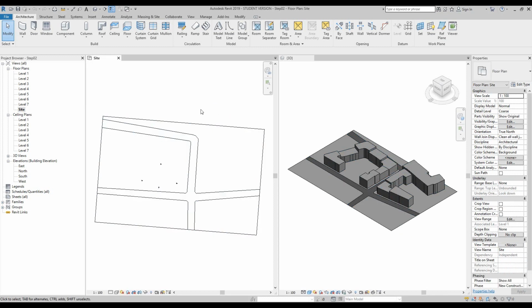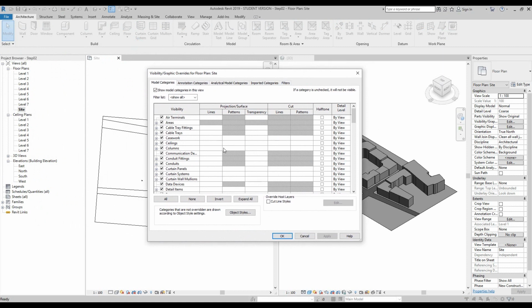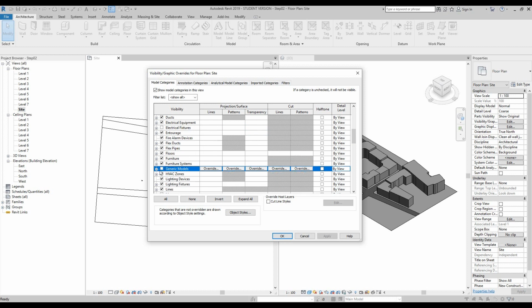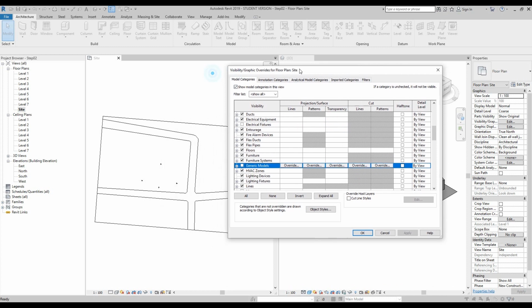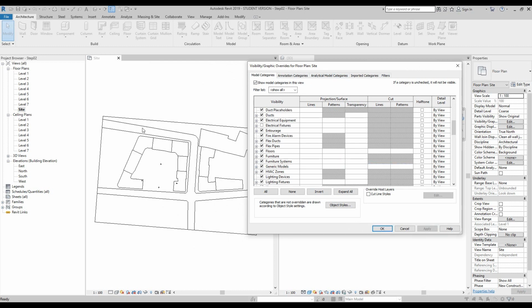To be able to activate this, if you press VG on your keyboard, which stands for Visibility Graphics, a new window will open. If you just select one of these and then press G, it will jump down to generic models and you will notice that it's not ticked. The second you tick it, and then press apply, you'll notice that our buildings have now arrived on our site plan. To close this window, press OK,